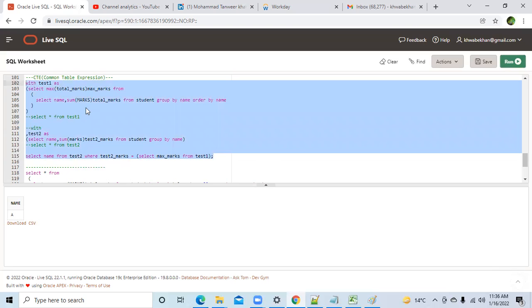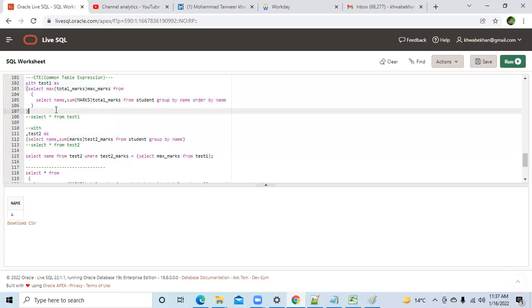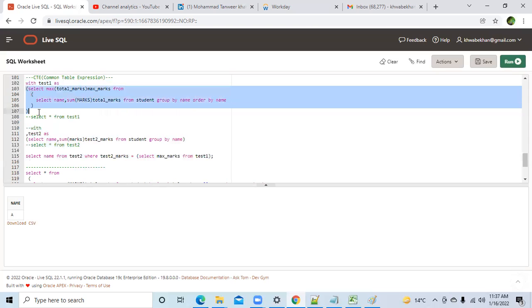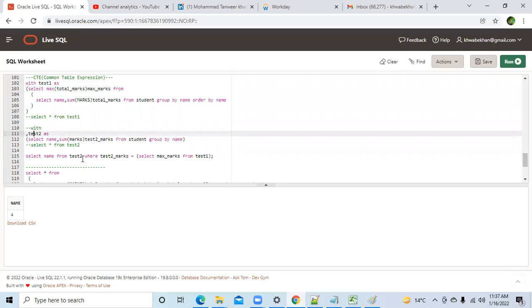So you got the concept first of all. Tell me yes or no. Then I will tell you why I've commented this out. Leave that stuff. But the concept is clear. What I've done: the output of one query I've kept in a bucket, the output of the second query I've used in a separate bucket. Then finally I told it, from this second bucket I want this, but apply this filter condition and use the output of the one bucket. Correct?